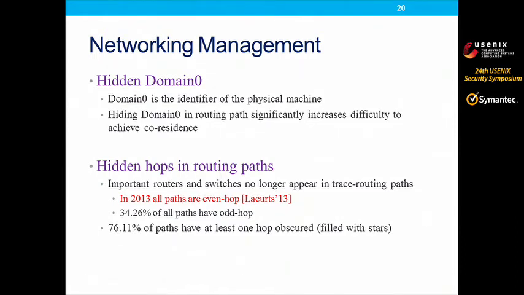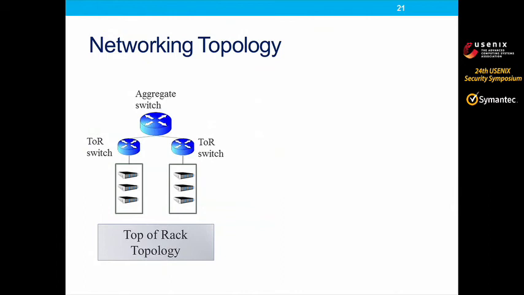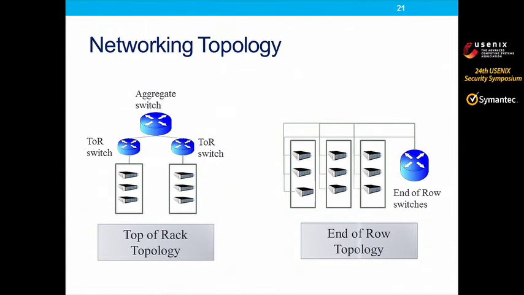And such hidden and obscured routing information will make the cloud cartography, and therefore the correlation attack, much more difficult. Besides the changes in those routing configurations, we also wanted to explore the networking topology because it is very important to rack-level correlations. Here, we are able to propose a faster algorithm to identify in EC2 whether two instances are located under the same rack and whether this rack is connected by the top-of-rack switch topology or other topologies such